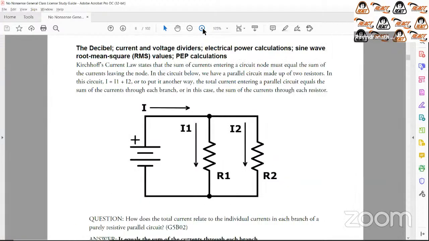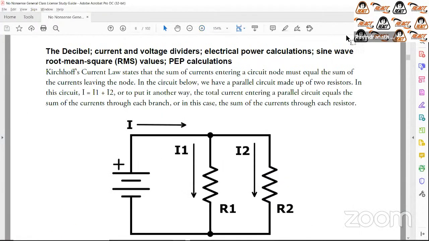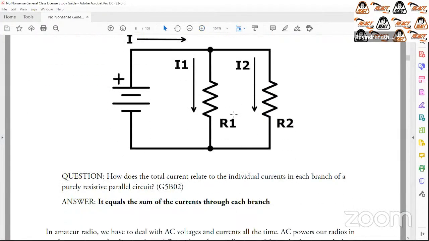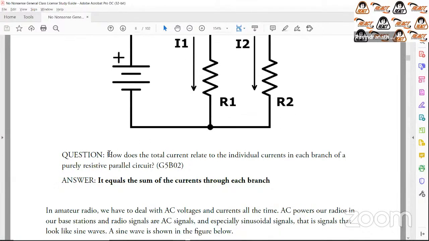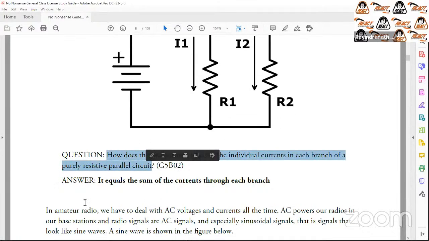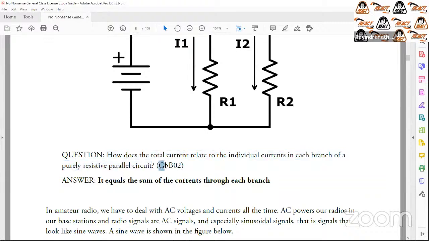All right. So the first question: how does the total current relate to the individual currents in each branch of a purely resistive parallel circuit? We will dissect that question a little bit, but before doing so, I'd just like to remind all of the participants